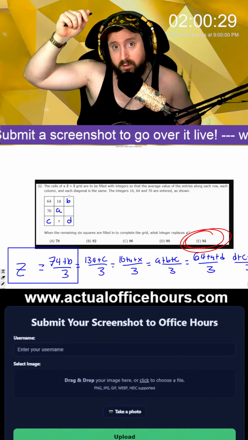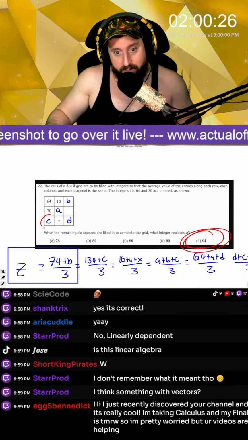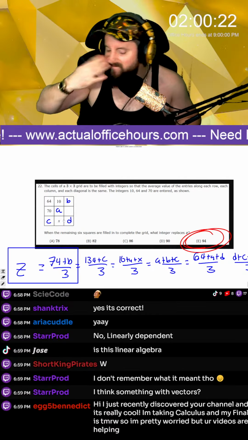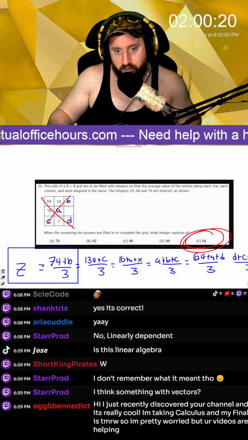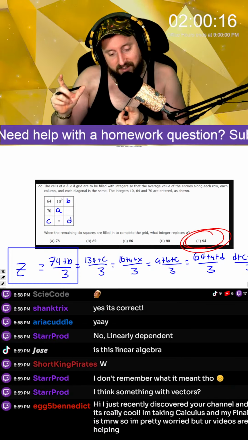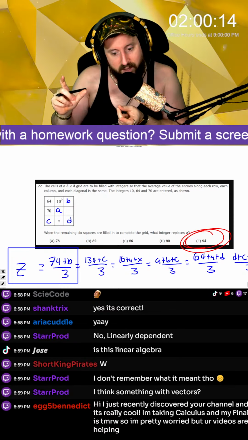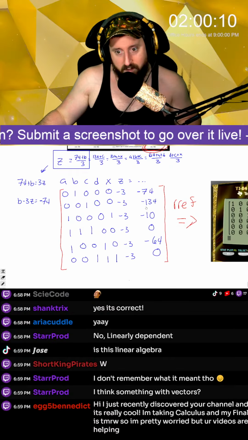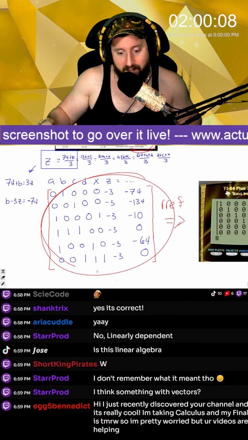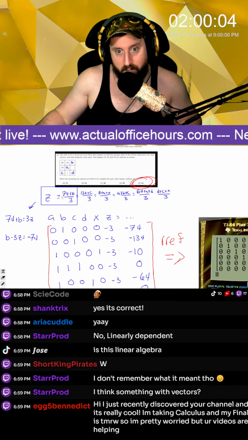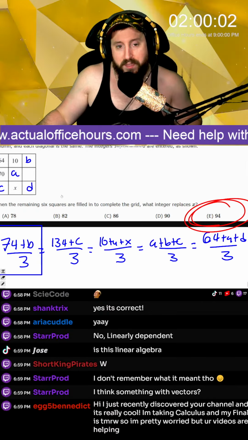And so what I did is I just assigned variables to missing blocks that we didn't have. And then I started writing out equations for what those averages would be. And then once I got to a point where I had at least the same number of equations as the number of missing variables, then I put it into a matrix. This is a very powerful thing in linear algebra. And then you can use that to just solve for whatever the missing variables are. The cool thing here, right,